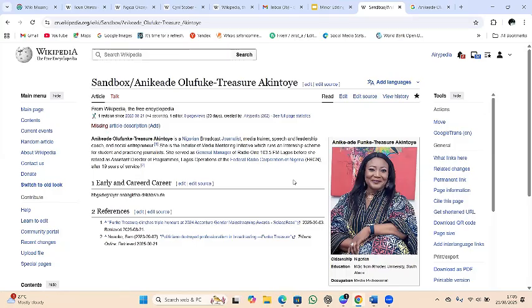Once you have a detailed write-up of what you want to create on a particular article, you can now start from scratch. I started from scratch just so that I'll show you how to add references, how to add info box, and how to add wiki links. That's why I started afresh. But this is just a stub, as we have said, and you can see that I did not write much about her early life and career here. We can do that by expanding